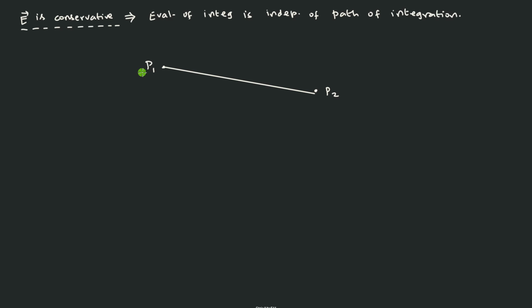But now what we are going to do is reject that idea: let us not evaluate the integral along the straight line. We are going to reject that. Instead, we will choose some other path. Which path are you going to choose? That freedom is up to you. You can choose any path. For example, I may be choosing a path like this.